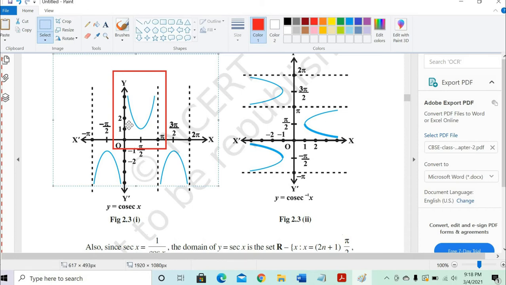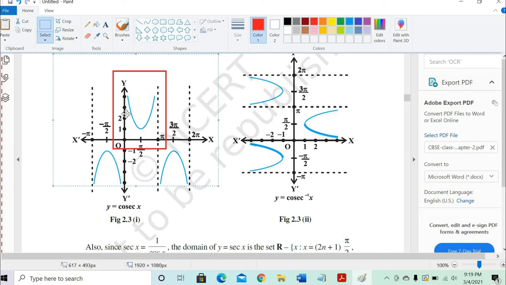Okay. Now when you focus on 0 to pi, what happens at the 0? Where is the graph at the 0? Is it touching the y-axis? No, sir. It's not touching the y-axis. So basically it's a 0. So what is 1 by sine 0? Sine 0 is 0. So 1 by 0 is not defined, or infinity. That means cosec 0 will be not defined, or infinity. So it is not touching the y-axis, but we are just making sure that it becomes very close to the y-axis as it goes to infinity.